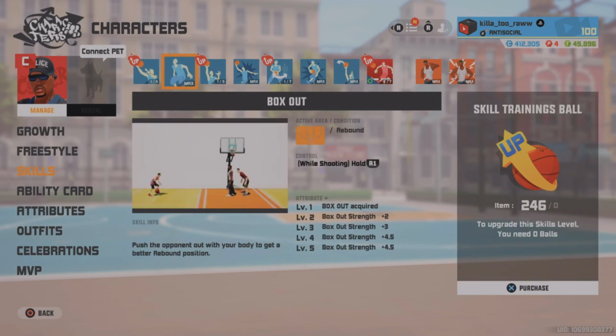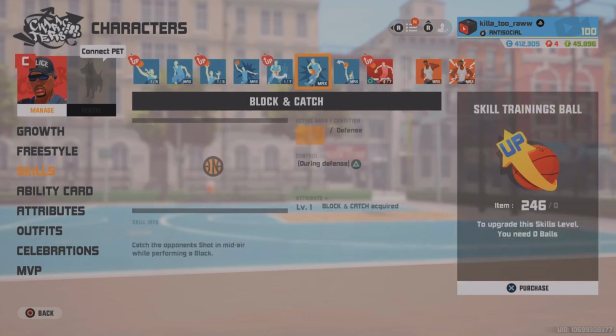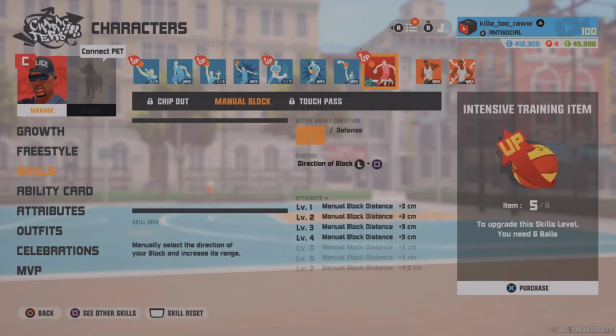His passive, he does receive a huge rebounding buff when he goes against a center. And if you build him with freestyles, especially inside the paint, Luther can be a dominant presence. But that is up to you. I still believe there's better options than Luther, just personally how I feel. As far as my skills and stats,